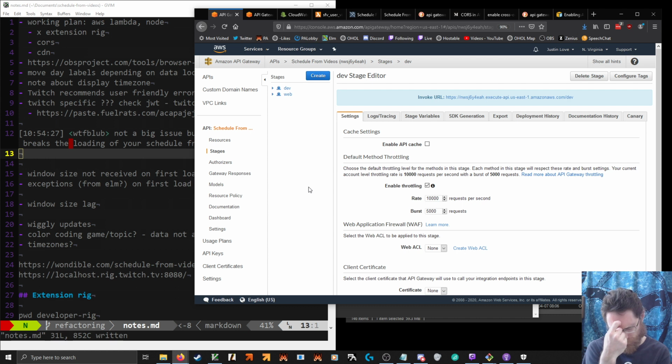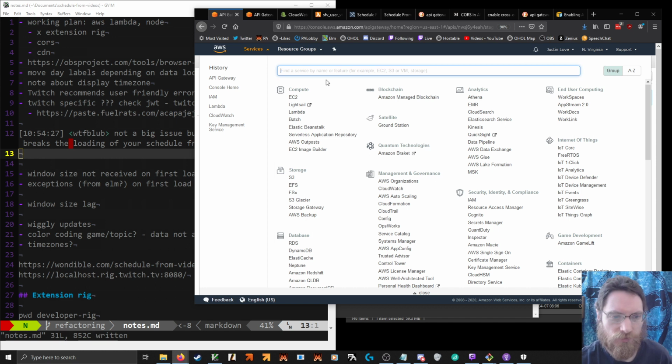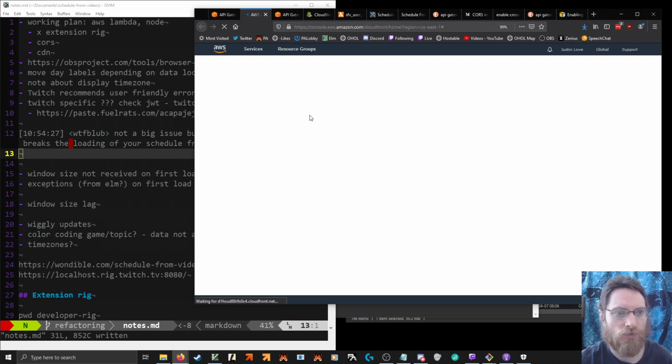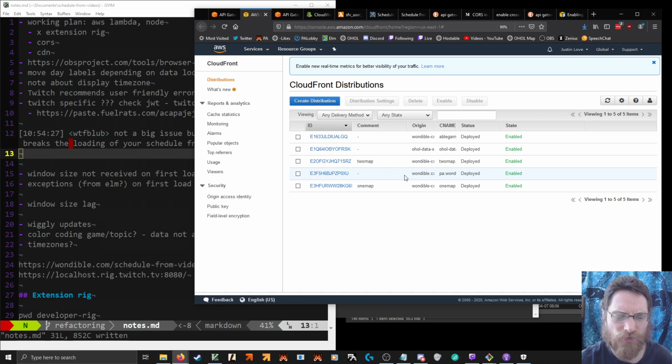See, do I have anything that's in a good place to actually be set up? Well, if I'm going to be adding CORS headers now, maybe, what is it, CloudFront. Do you do CORS? Because maybe it'd be easier to set up there.